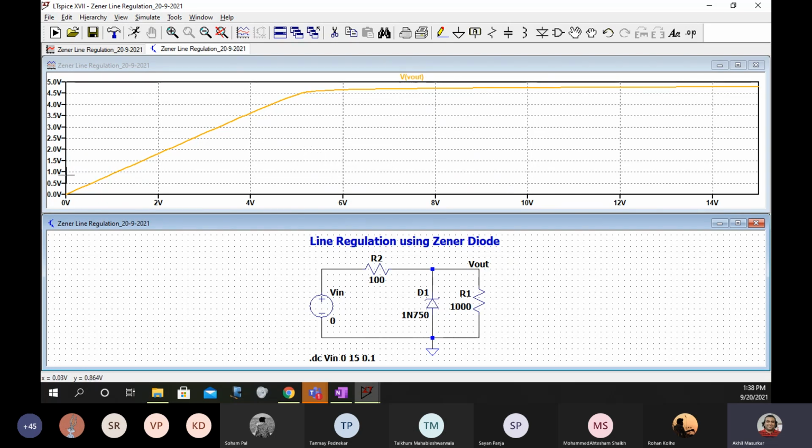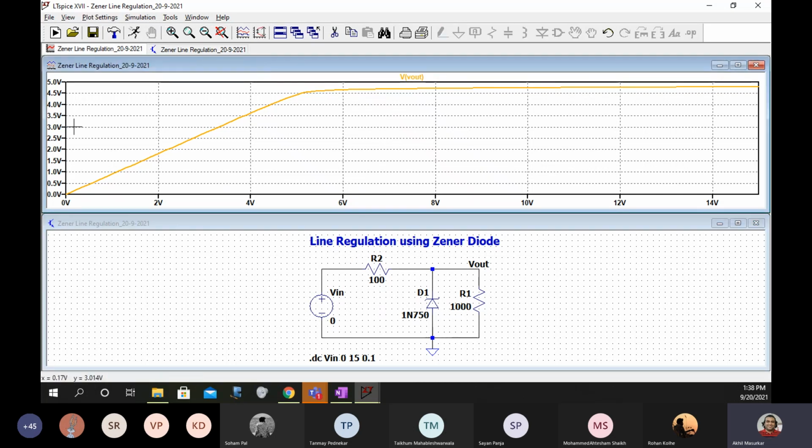Now everybody of you should show me this circuit as well as this waveform. So post your answers in the chat box.